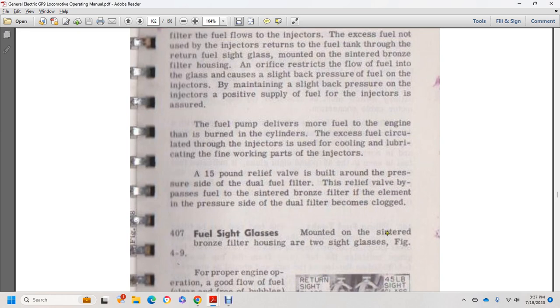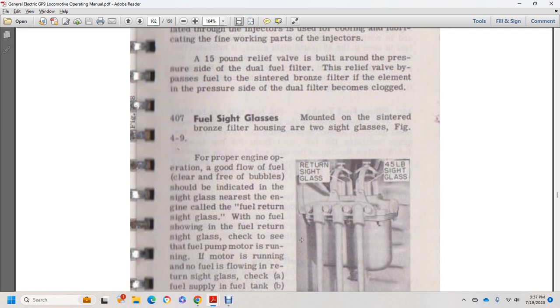407, the fuel sight glass is mounted in the center of the bronze filter. There are two sight glasses, figure 409. For proper engine operation, there should be a good flow of fuel, clear and free of bubbles, in the sight glass nearest the engine, called the fuel return sight glass. If no fuel is shown in the fuel return sight glass, check to see if the fuel pump motor is running. If the motor is running and no fuel is flowing in the return sight glass,